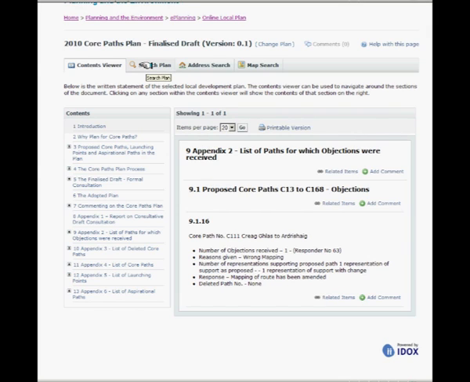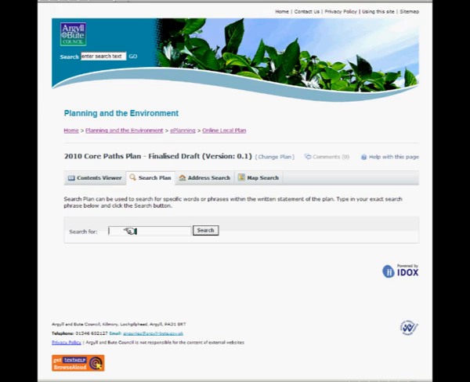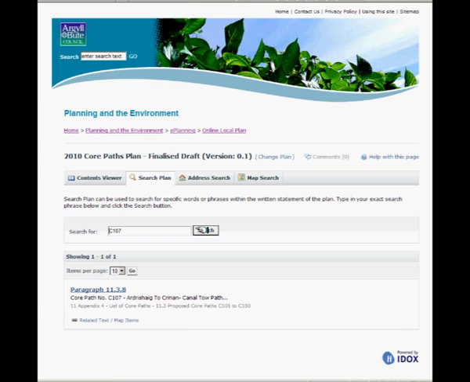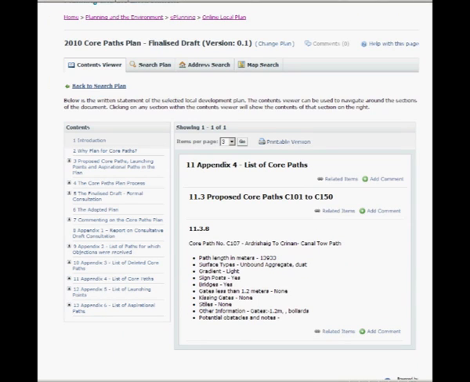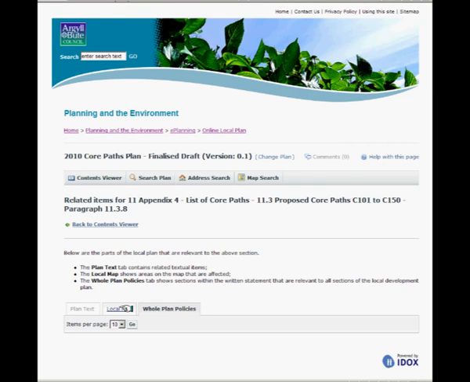It's also possible to use the search plan function to look for a specific path, either by name or number. You enter the name of the path in the box or the number, press search, and then it takes you to the text for that particular path. And if you click on the related items link, local map,